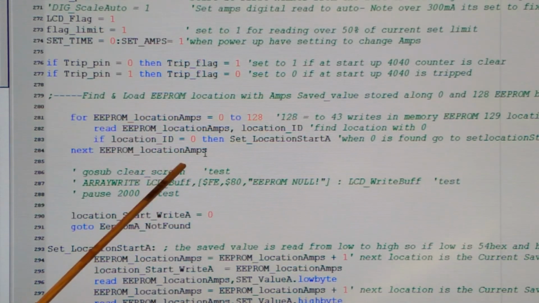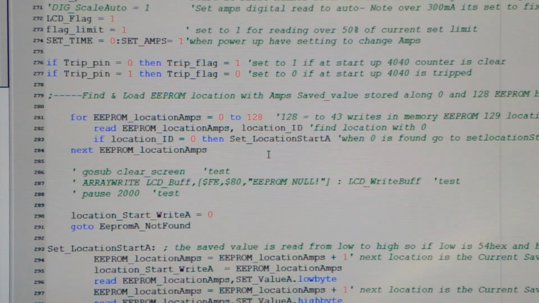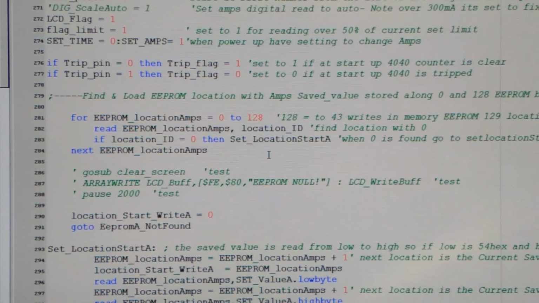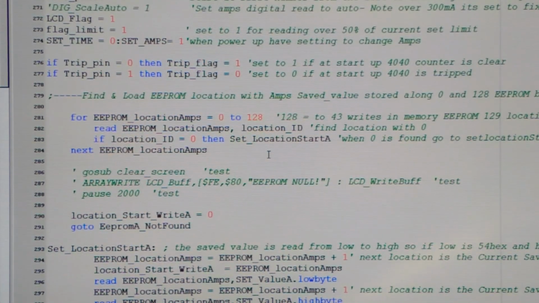Once it finds a 0, it's going to read the next location, and that will be your memory bit numbers that you've saved to whatever variable name. And so I divided the 256 locations by 2 to have half of the memory to store the delay time, and the other half is to store the current limit time